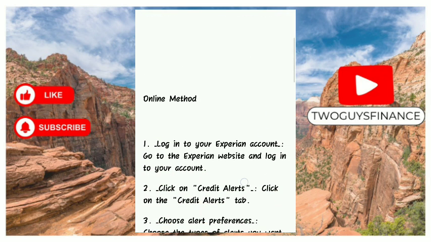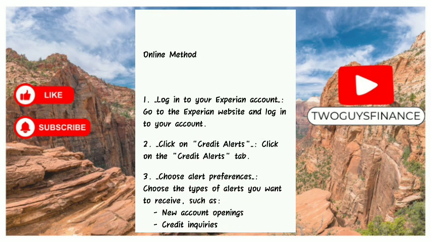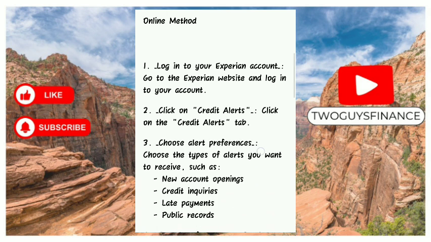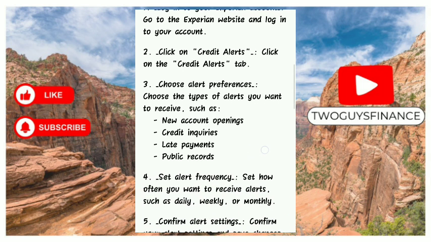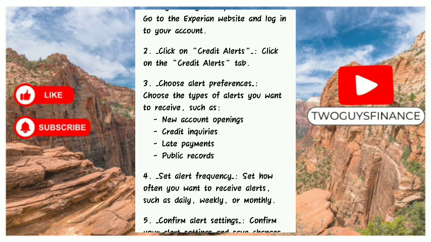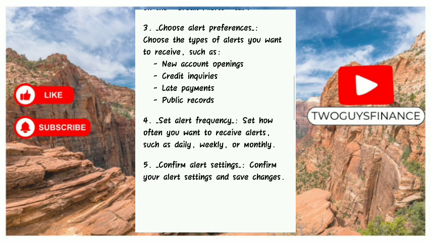The first we're going to talk about is the online method. Now all you have to do is go to the Experian website and log into your account, and then just click on the credit alert tab. Now you want to choose the type of alerts that you want to receive. That could be new account opening alerts, or credit inquiries, could be late payments, or public record alerts. And then just set how often you want to receive alerts. It could be daily, it could be weekly or monthly, and just confirm your alert settings and just save the